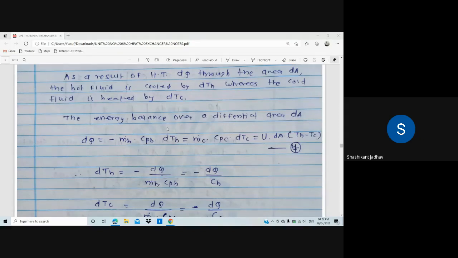So this is the equation written for the LMTD for the parallel flow exchanger. Now we have to write down the energy balance over the differential area dA. तो जो काही differential area आपण त्याच्यासाठी आपण energy balance equation लिहिणार आहे. That part we have to take in the next lecture. जो काय राहिलेला पार्ट आहे इक्वेशनचा डेरिव्हेशनचा तो पार्ट नेक्स्ट लेक्चरला कंप्लीट करणार आहे.